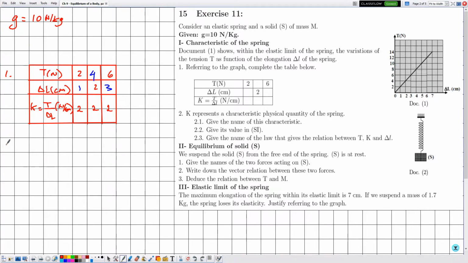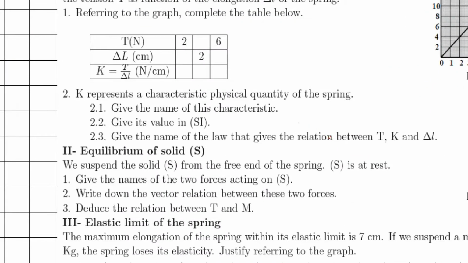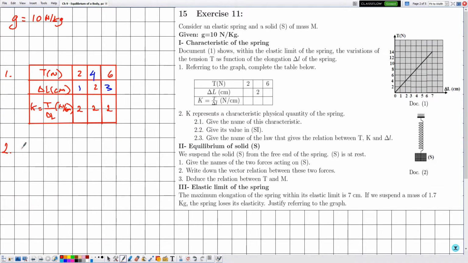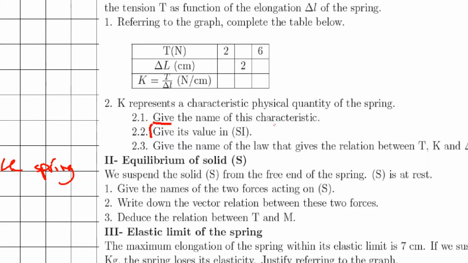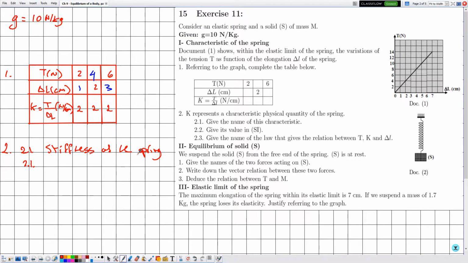Now as for number 2, they are telling us that K represents a characteristic physical quantity of the spring. We should never forget that the name of K is the stiffness. So they are telling us to give the name of this characteristic: stiffness of the spring. 2.1, give its value in the SI. Notice the active verb they are using, which is give, not determine or calculate. Usually whenever they mention give, it means that a small calculation will be involved, or you can directly give it. Here we know that the value of K is 2 newtons per centimeter,